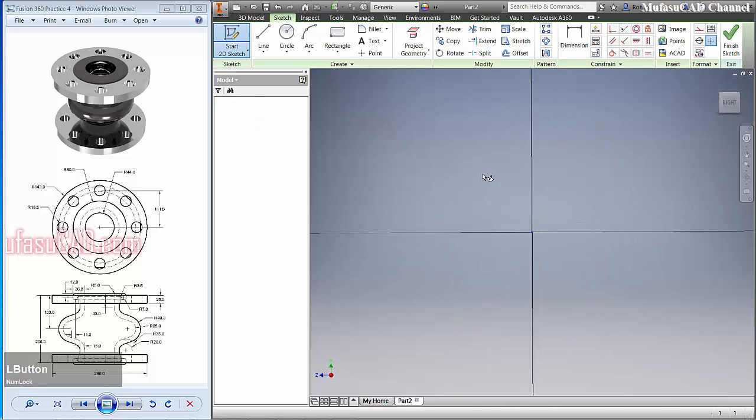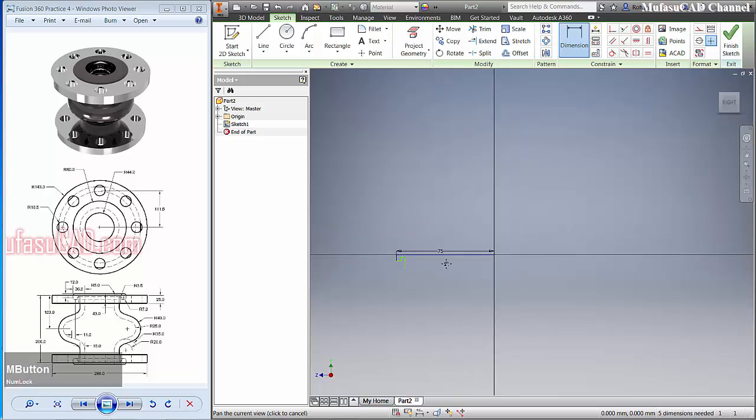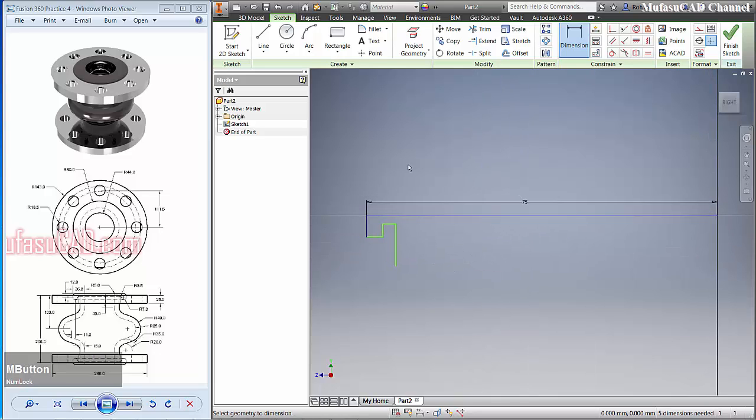Choose front view. I will create a line starting from this center point to the left, to the bottom, to the right, to the top, to the right again, and then to the bottom here. Right click and OK. I will give a dimension from this point to here of about 75. OK, you can zoom out, and then we give a dimension for this line of about 19. This line is about 14.